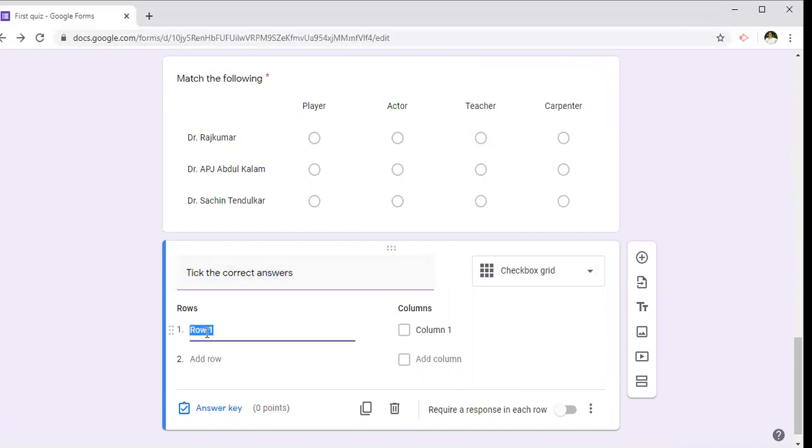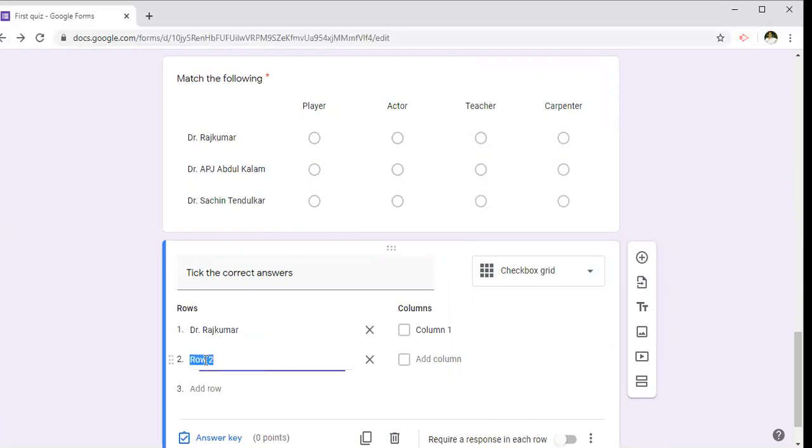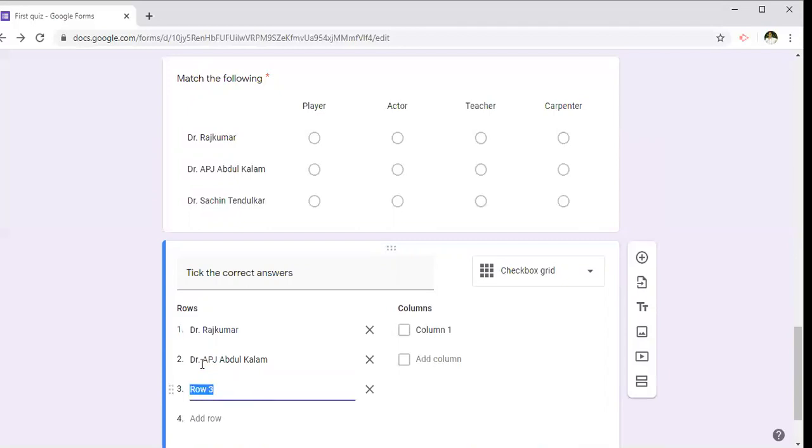So I'm going to take it here: Dr. Rajkumar, Dr. APJ Abdul Kalam, and next Dr. Sachin Tendulkar.